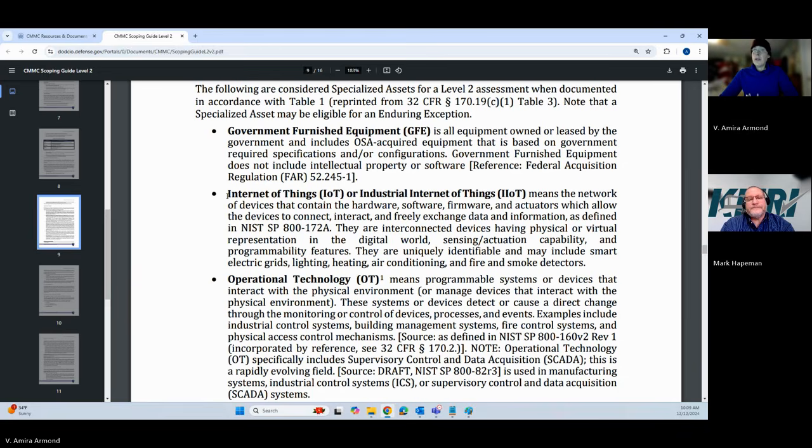So from a security standpoint, when I'm designing a network, I really want these things to be in a separate network by themselves, right? Maybe a guest Wi-Fi network. I don't want them being able to talk to the rest of my stuff.